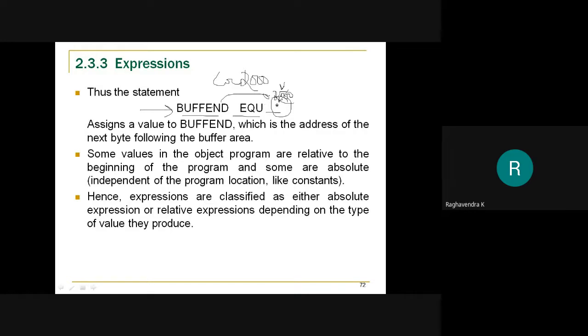Okay. Now, when you're using symbols in your program, remember that these symbols are relative to the start of the program. Okay. So relative means what? Let us just have an example here. Let us assume that this is program A and this starts at 1000. Okay. And I have a symbol called ABC defined in my program at address 2000. Okay. So we have a program called A, which is starting at 1000.